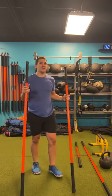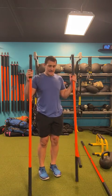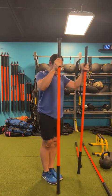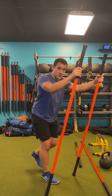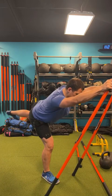Now let's actually get into the hip flexion position, which is going to be our single leg hinge, and we're going to do some airplanes from this position. So sticks a little closer to the body for this. So instead of being arms out, keep them at 10-2, but bring the elbows in. What we're going to do is from this position, we're going to hit that single leg hinge. Once we're in that hinge, we are going to open